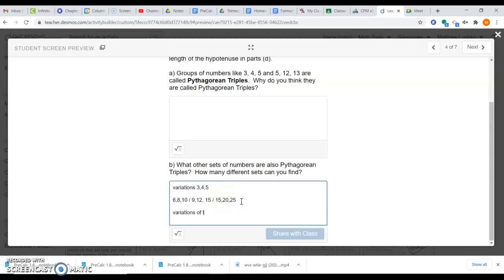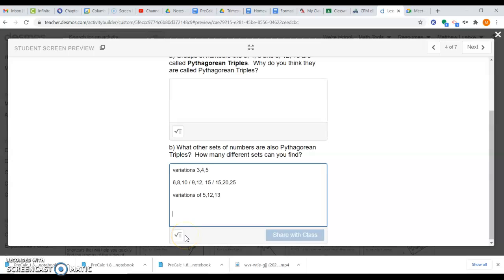Variations of 5, 12, 13. Well, same kind of thing. We could have one that would be 10, 24, and 26. That's all multiplying by 2. You could have a variation being